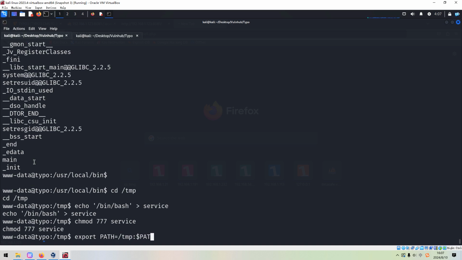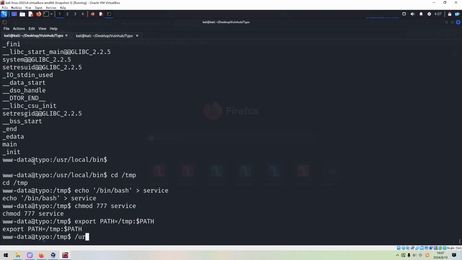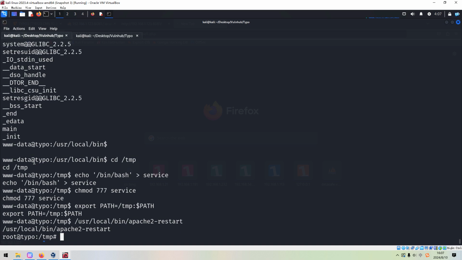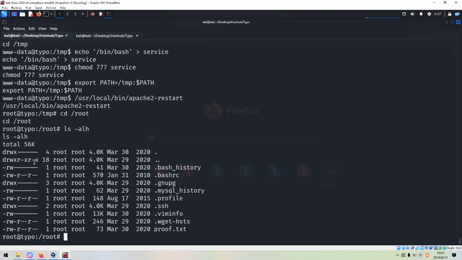And so now we can run this local bin Apache 2 restart. As you can see, we successfully elevated our privilege to root user. We can go to the root directory, and then we can grab the root flag.